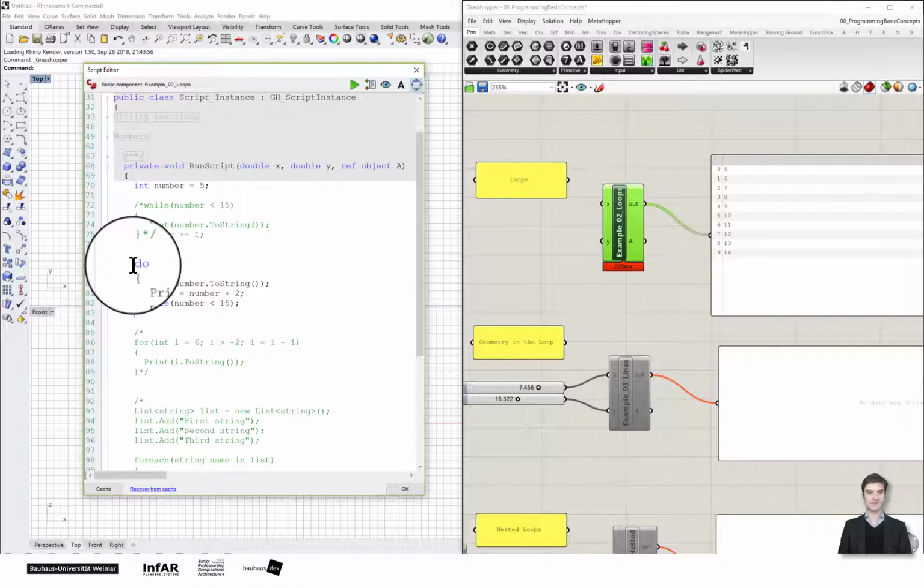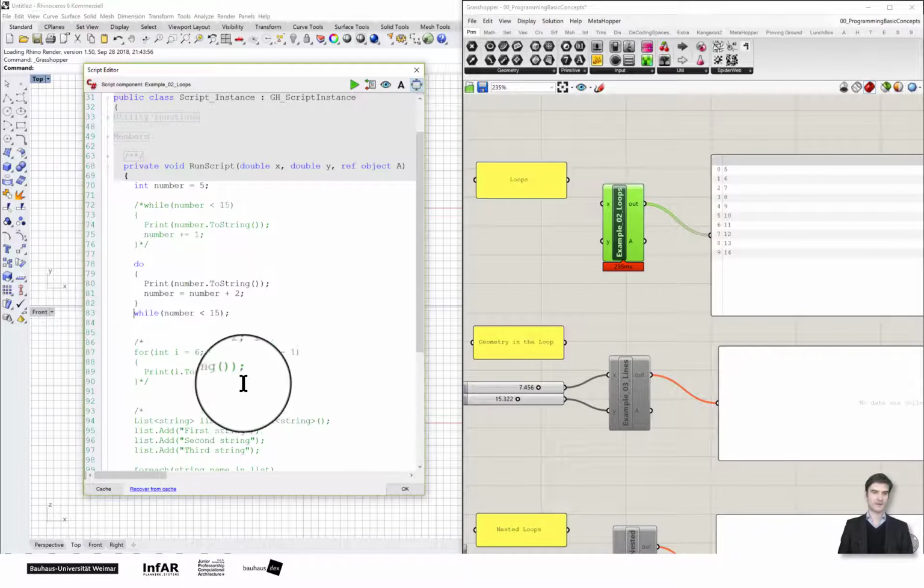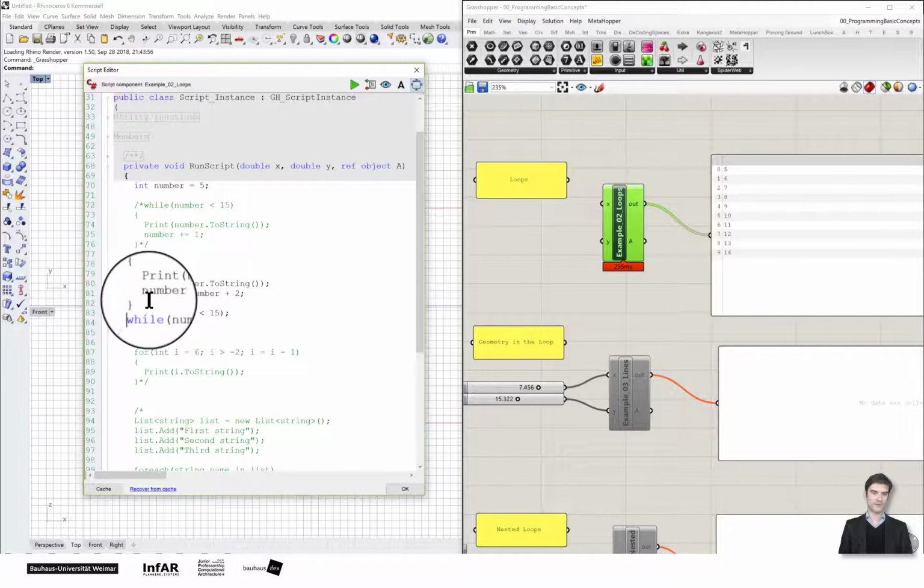It's basically very similar to the pure while loop, with the difference that the do while loop first runs through our loop, and after it's executed the first time, so we printed our number, then it asks if it shall repeat what it has done so far. So it asks if it should repeat this